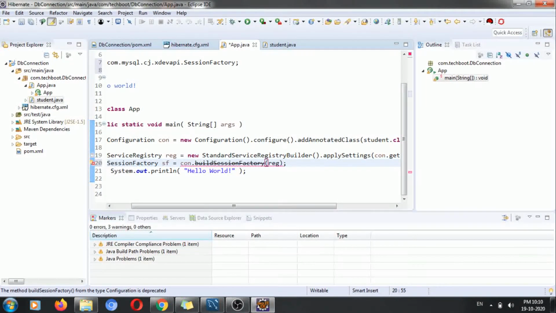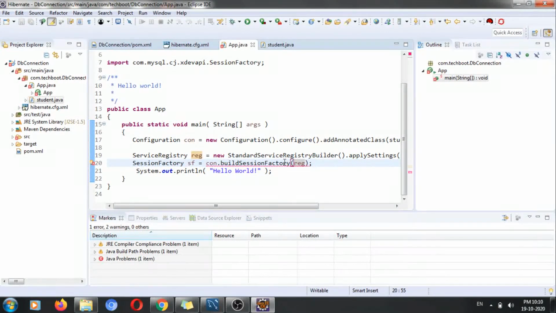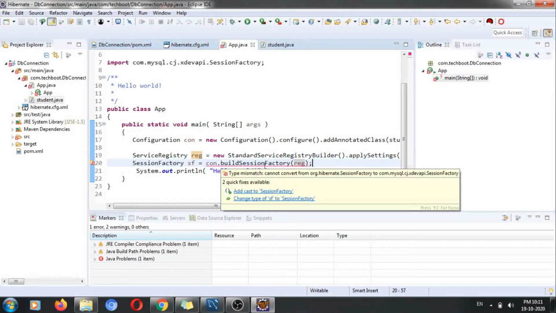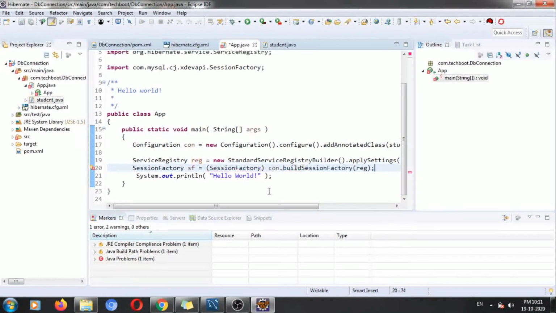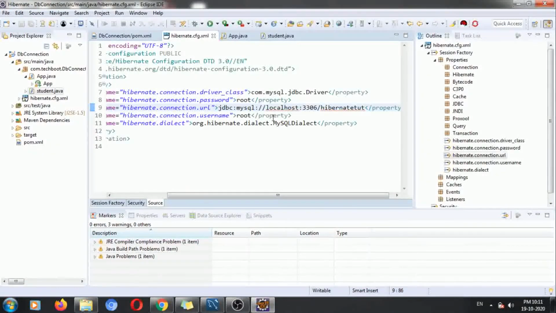Simply by performing this much operation, can we get the details? We'll see it's giving us an error. So simply we need to add the SessionFactory import. Fine. So here we go, we got our session factory. Now let's run this code.